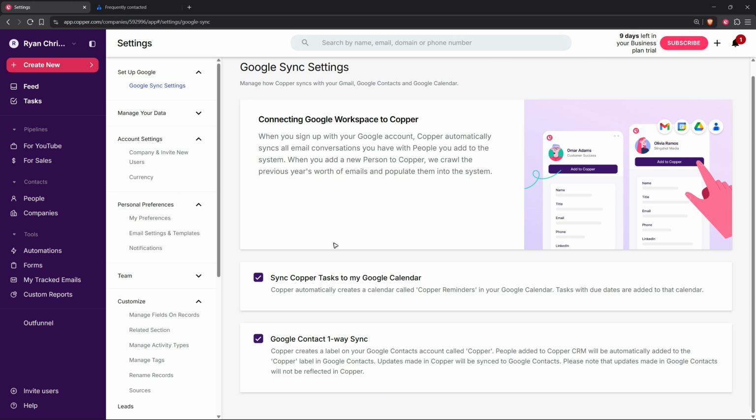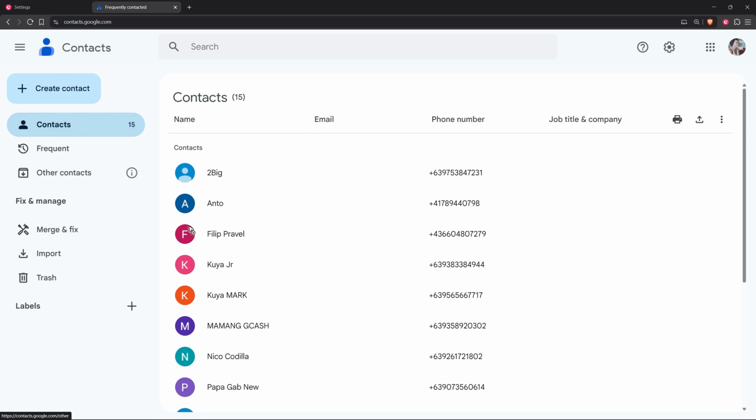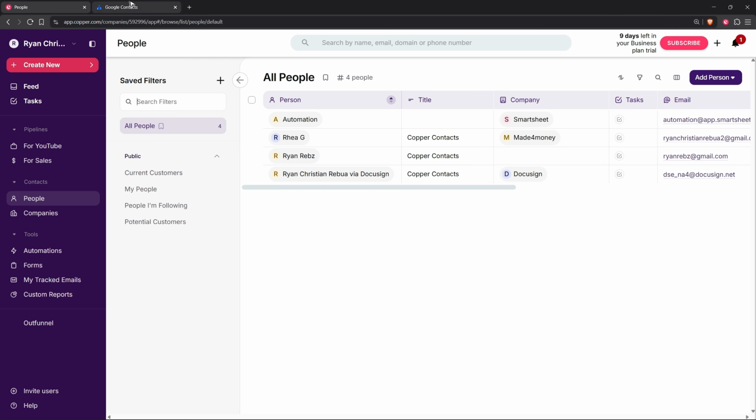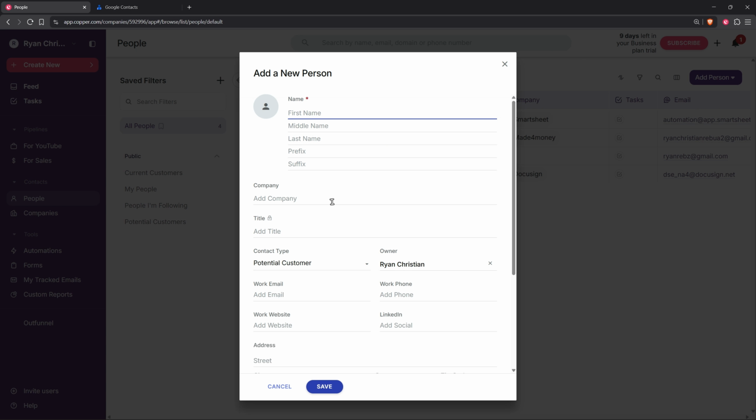Okay, let's just go ahead and test it out. Whenever you add a person here, they will be added automatically to your Google Contacts labeled Copper. So test it out. Add a person, maybe